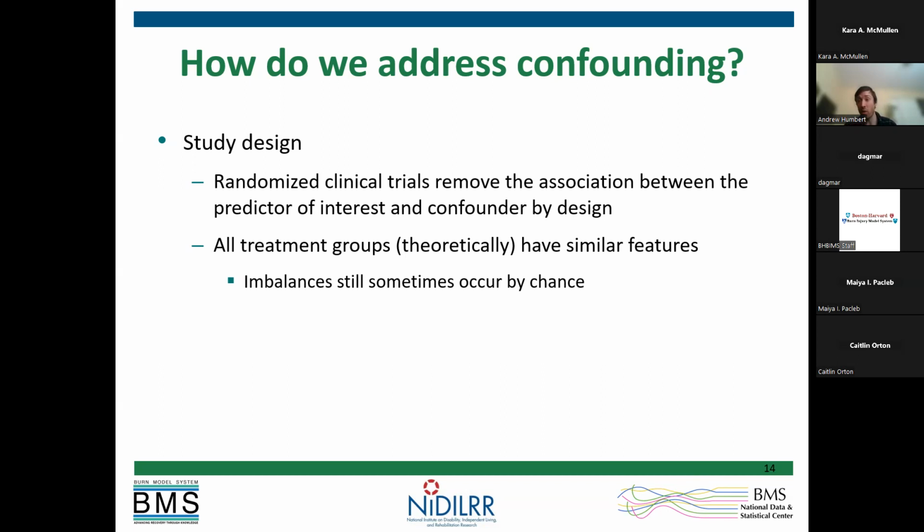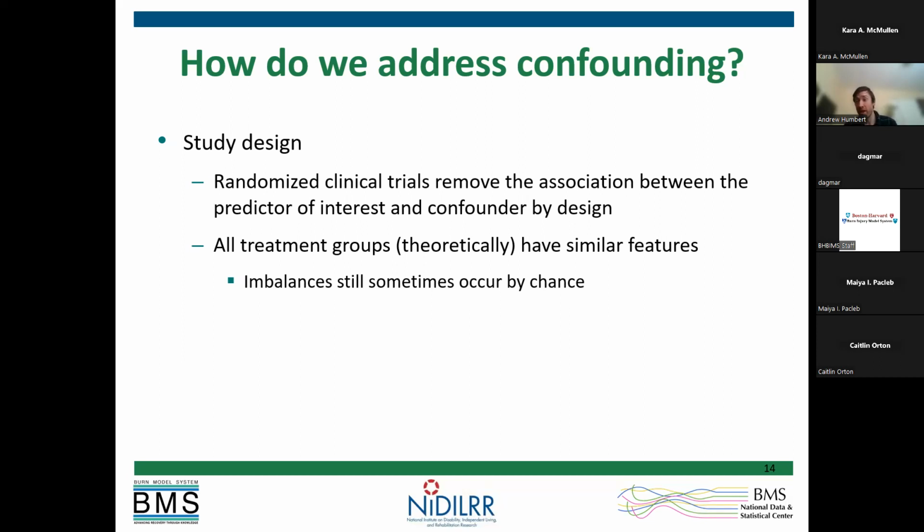And again, one of the key criteria for a confounder is that it has to be related to our predictor of interest. If both groups have the same characteristics, there's no longer a relationship between treatment group and what those characteristics are. So by default, we no longer have any confounders, because all those associations with our predictor of interest are gone through our study design, at least theoretically, right? I mean, if we could randomize an infinite number of people, this would be true.